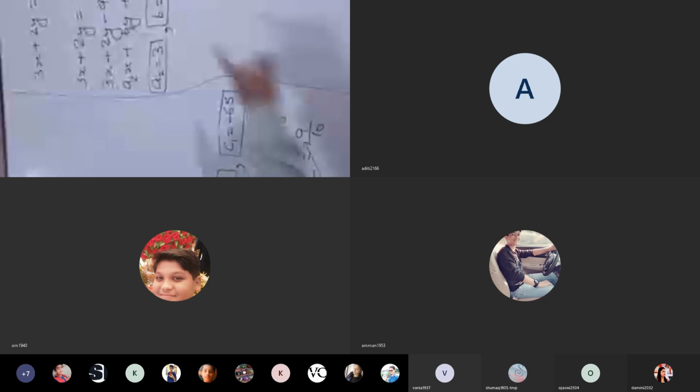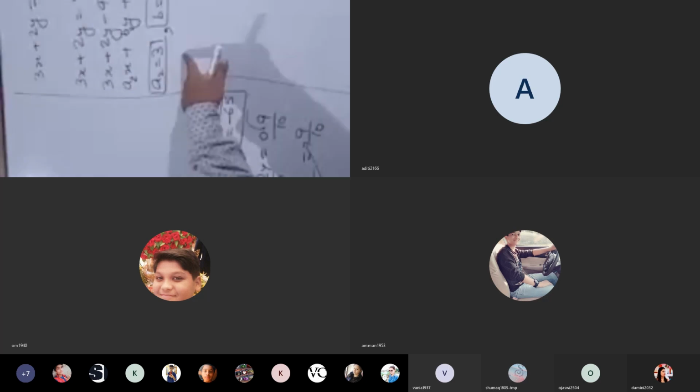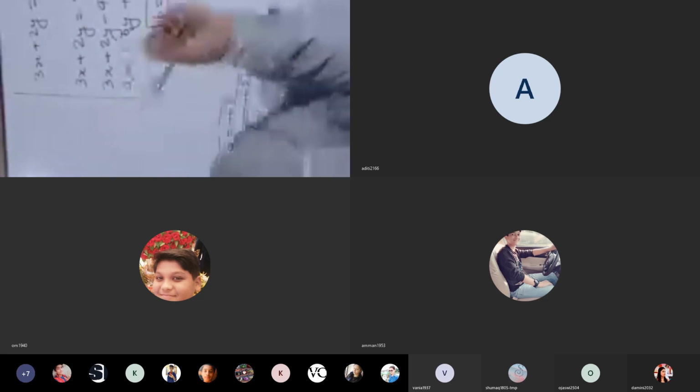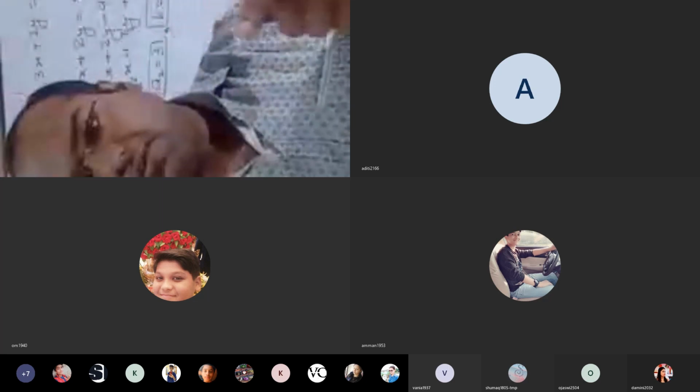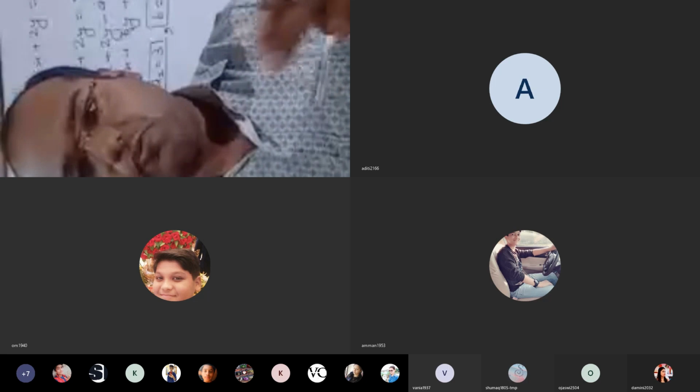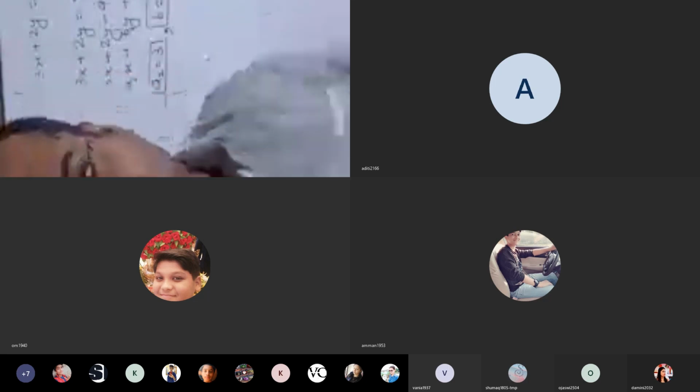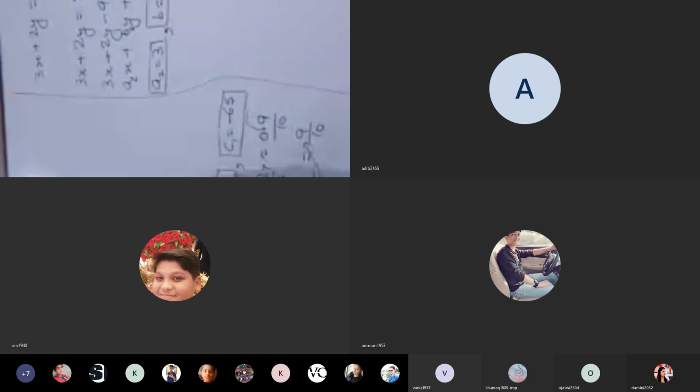Now what you have to do after doing this much? This was the first step. What did we do in the first step? We identified the values of a, b and c: a1 b1 and c1 values, then a2 b2 and c2 values. Now in second step, you have to remember the format. Format is b c a b, b c a b. Below also you have to take the same.